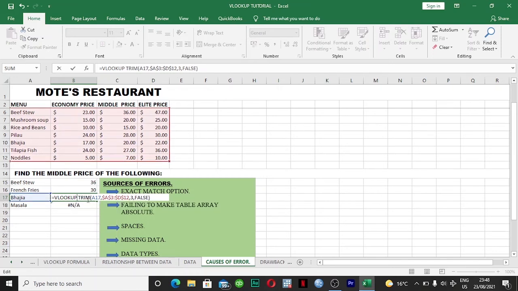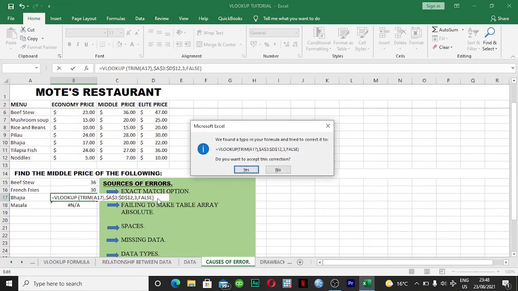Here you have to open the bracket. First of all, you close this bracket for 17. You close the bracket for 17. Then you open it here. Yeah. So when you click outside,